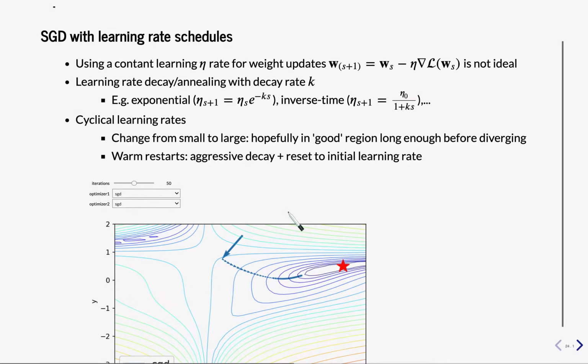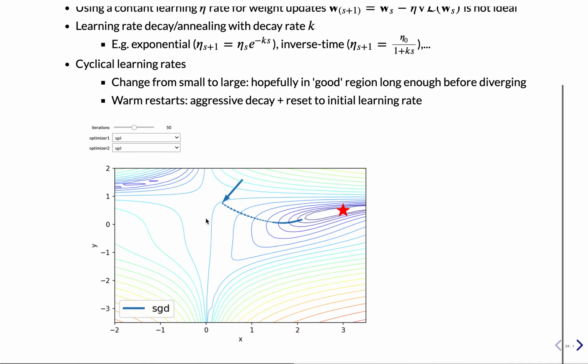We can look at what this does in practice. So here we have a surface. We want to end up in this lowest point here with a star. We start out in this point here. You could also repeat this for any other point in this space. So let's start at the beginning. We take one step,